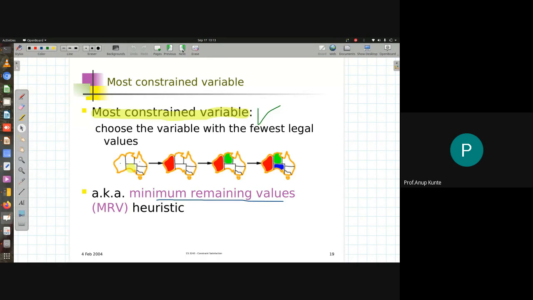Although here also we are trying to use certain information from the domain that will give us more idea about which variable to choose from the unassigned variables, these heuristic values are not going to tell us how far we are from the goal node or how close we are to the goal node.